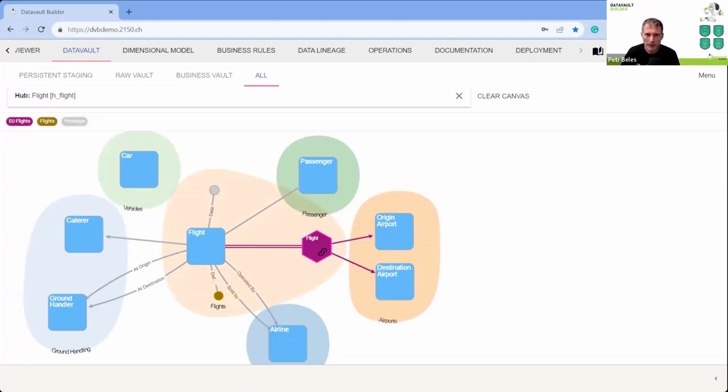So what we do here is we have, and that's just a logical concept, something called persistent staging. Most people just do the same stuff, but calculate it in a part of the raw vault, so that you can do a load based on the technical key, which is unique. Then you can create your business rules for cleaning up your stuff, like deduplication, and then you come back with the cleaned up business keys, maybe with the latest business key per product and stuff like that,